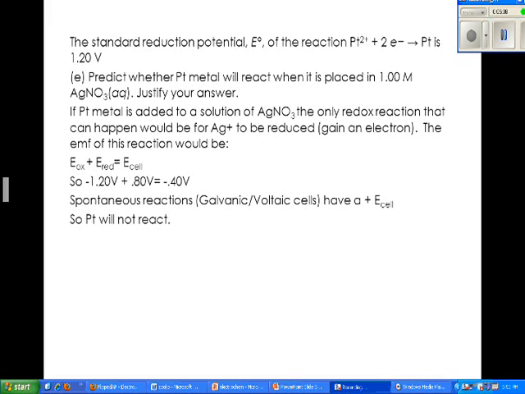Again, the equation to find the E cell is E oxidation plus E reduction. So for us, the oxidation would be platinum, since silver would have to be reduced. We are given the reduction potential of platinum, which is 1.2 volts. Since it is the oxidation, we need the E-ox, so it is negative 1.2 volts. Then we add the E reduction of silver, which is 0.8 volts, and you get negative 0.4 volts, which means that it is non-spontaneous, so the platinum metal will not react when placed in a 1 molar solution